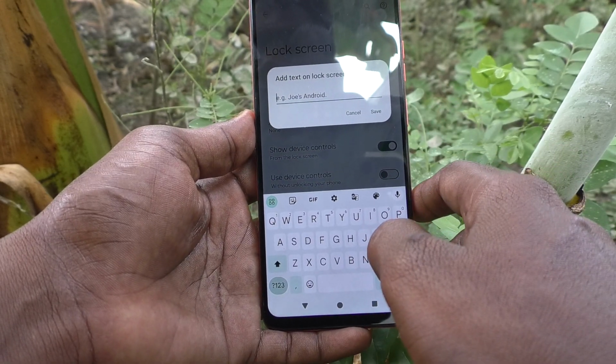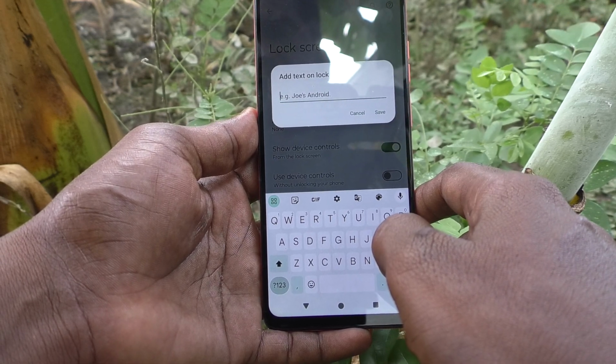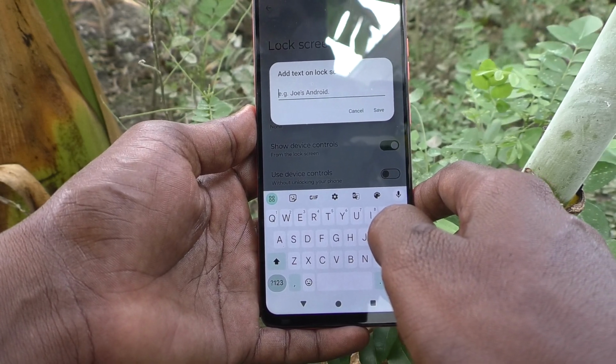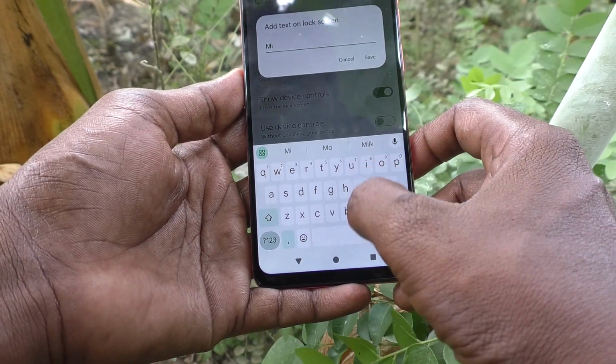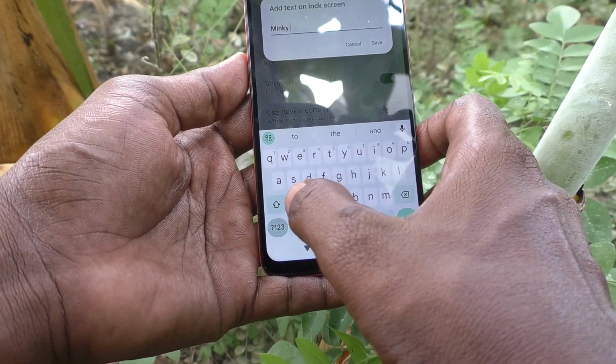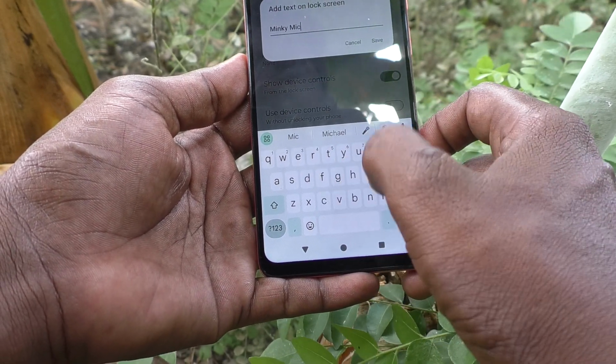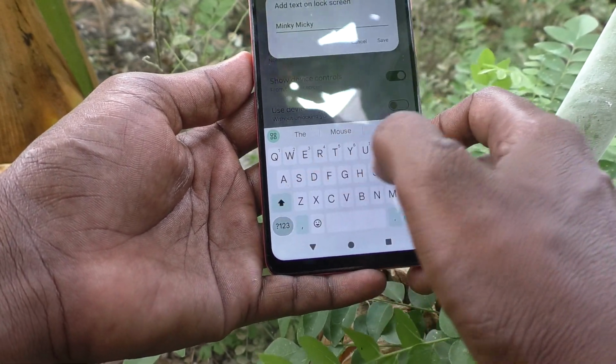Here you can type any text, your name or your friend name or your child name or your business name or whatever you want. Here I would like to type text Mingy, Mickey, Pingy,